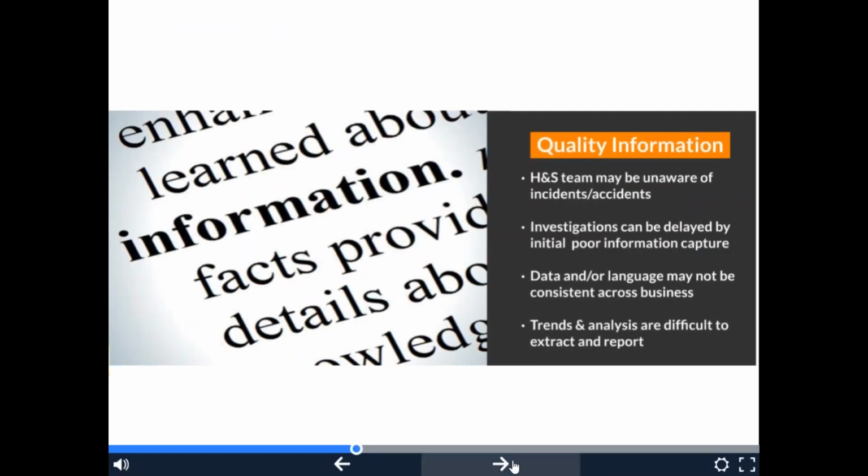Now, the second pain that most people will come and speak to us on is the quality of the information. So first and foremost, the communication of that information throughout the organization. A number of times I'll hear from health and safety managers that if they have a number of sites that they're trying to manage, it can go days, sometimes even weeks before they would be made aware of a more serious incident on one of their sites, simply because there's a breakdown in communication as far as relaying that information